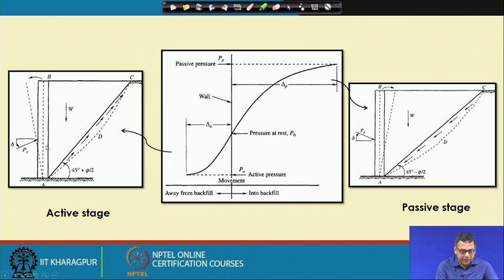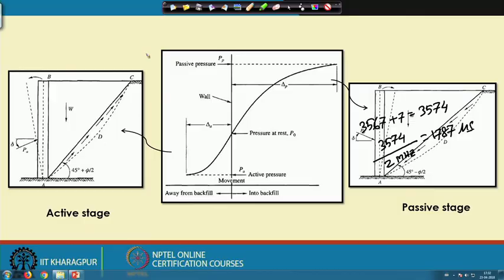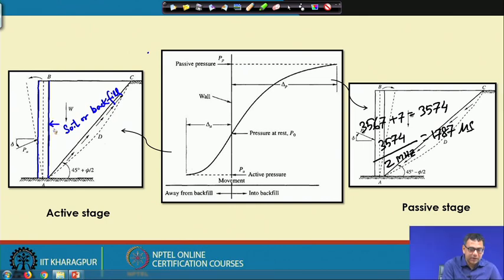If you look at this figure here, this is the wall or a structure which is supporting this soil. So, this side is soil or it is called backfill. And this side there is nothing. So, this soil will give you a pressure on the wall. So, that pressure is called the earth pressure.